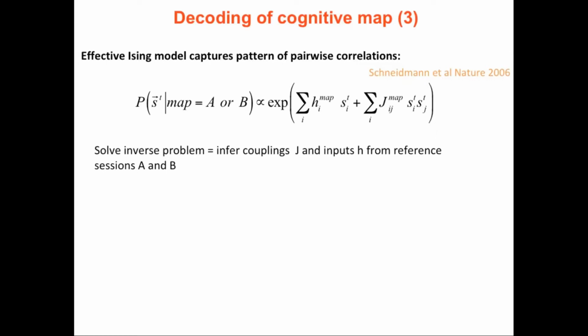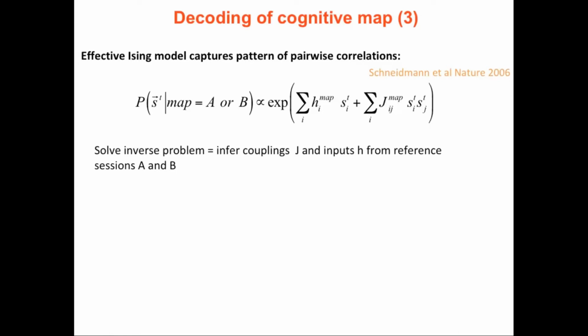And the model we will use is a graphical model, which is also called the Ising model in statistical physics. Here there is no translation invariance, no nearest neighbor as in the usual ferromagnetic models. It's just a model where all the possible pairwise interactions exist, Jij, between all pairs of neurons i and j. And also we have local fields, which depend on the particular neuron we are considering, Hi. And both Hi and Jij, the set of parameters here, do depend on the map A or B we are